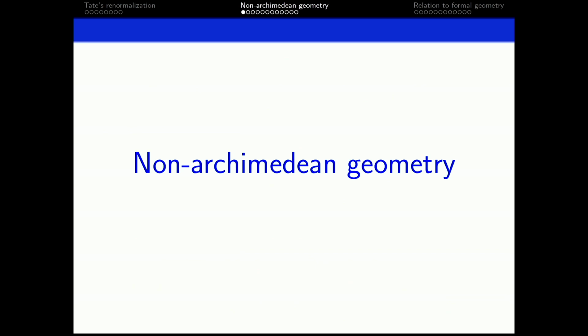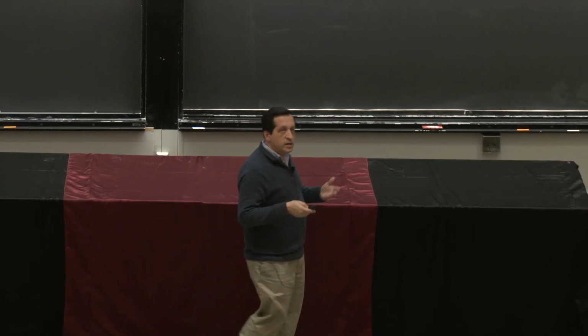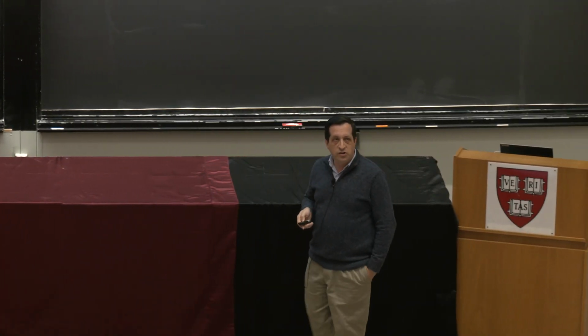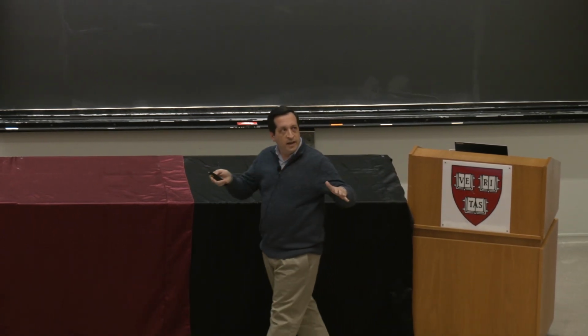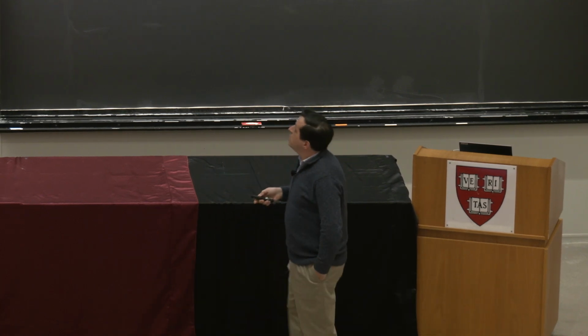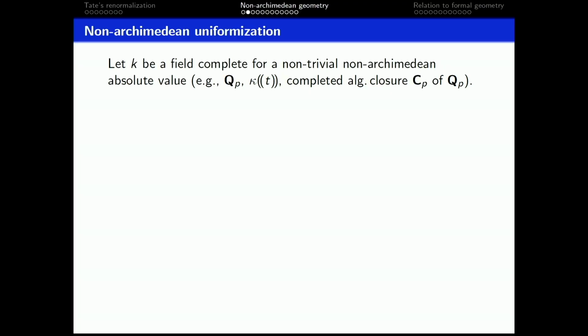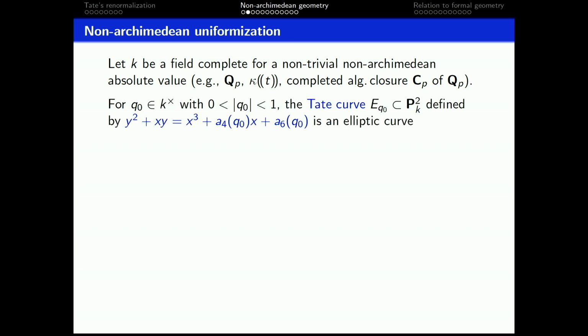Okay, so that was the story of the renormalized Tate curve, and then the question is, why did Tate do this, and what did he try to do once he made this very interesting discovery that you could clean up classical Weierstrass theory and make everything into elegant power series which have integer coefficients and not even any negative exponents? Okay, so to set the stage, we're going to fix a field complete for a non-trivial, non-Archimedean absolute value. They could be discretely valued, or maybe something like the completed algebraic closure of Q_p, something not discretely valued. And in such a situation, if you pick a point in the punctured unit disk,